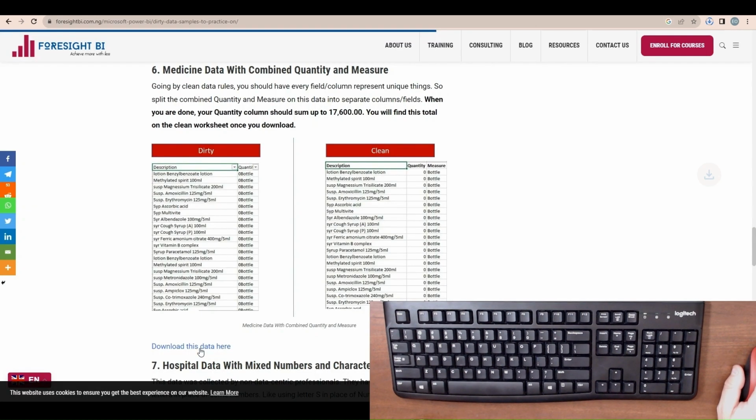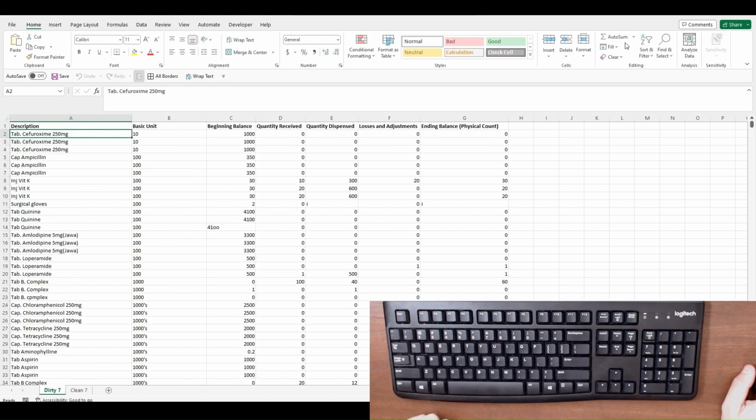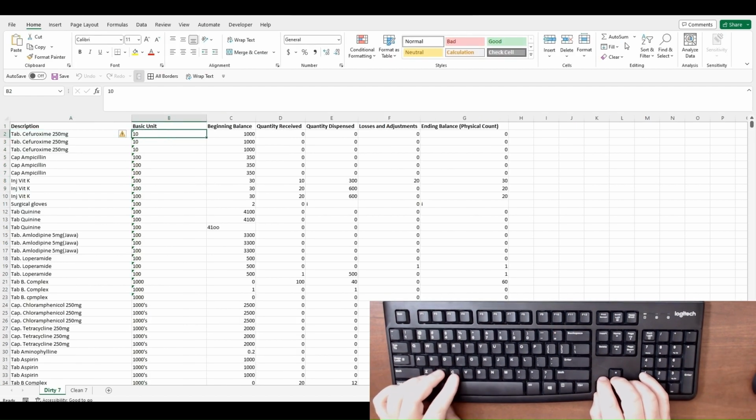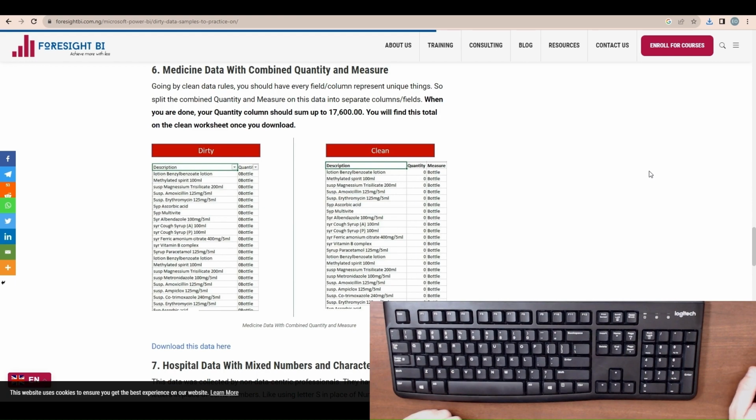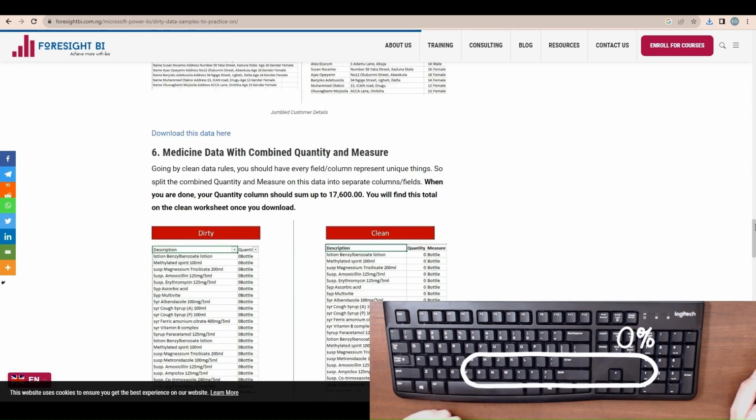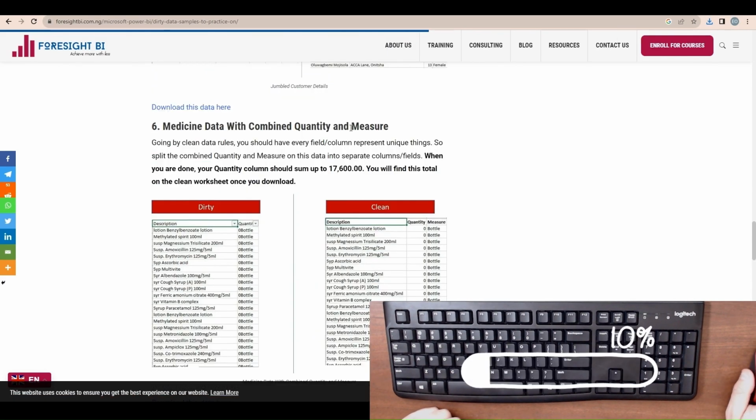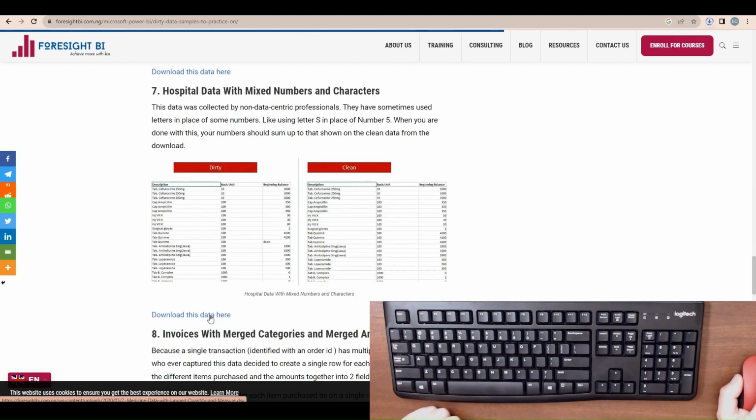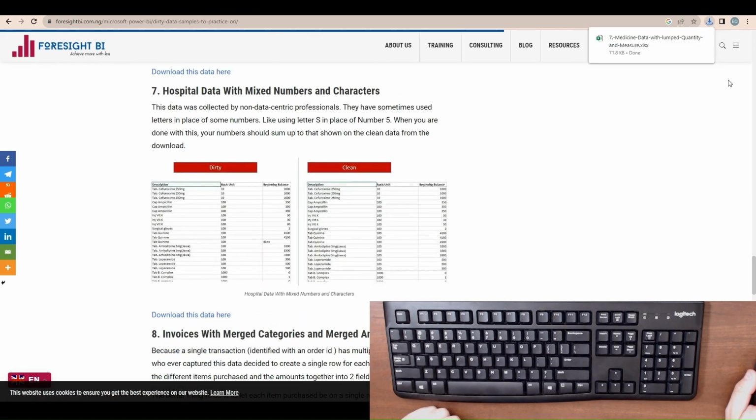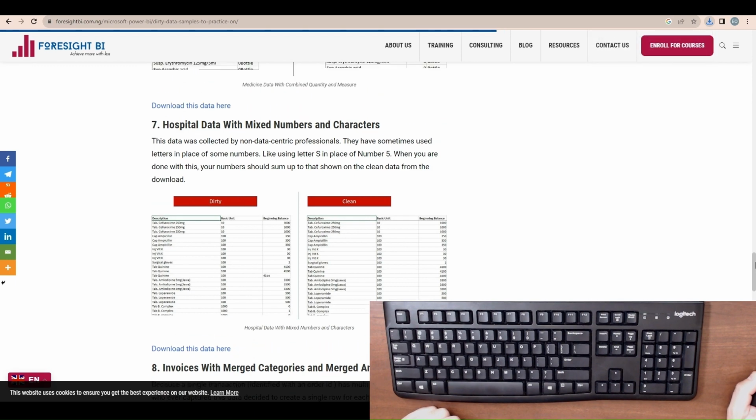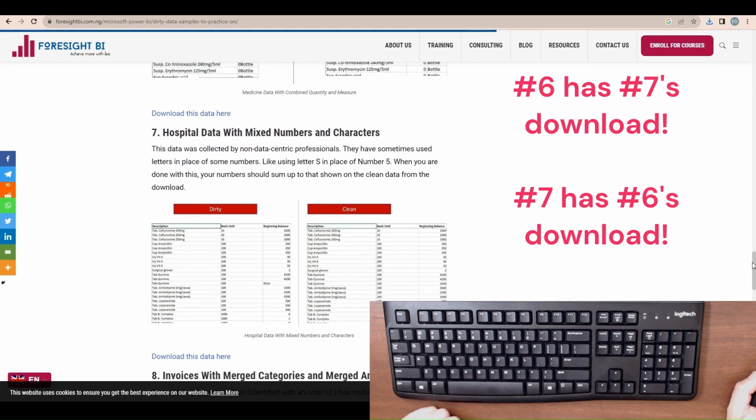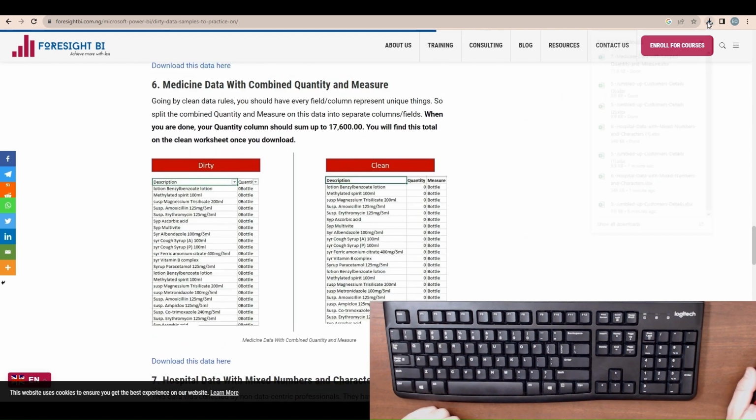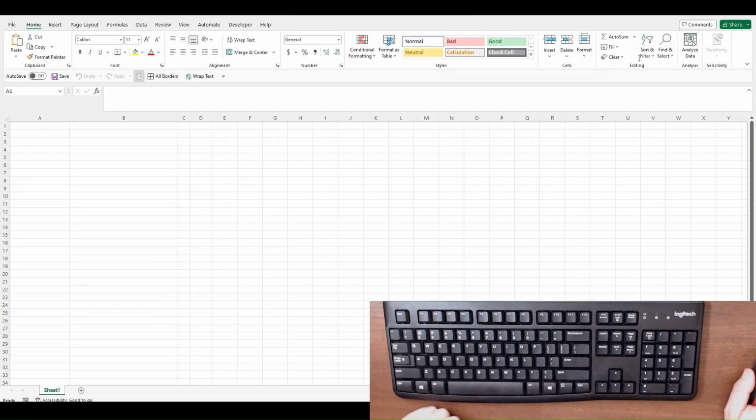So let's download this, and here we have the wrong one. This is the mixed number one. Where's the one with the combined quantity and measure? Maybe they're switched. Yeah, these are switched. So 6 has 7's download data and vice versa. Just a note for you guys and the owners of the website. So pulling up this download,